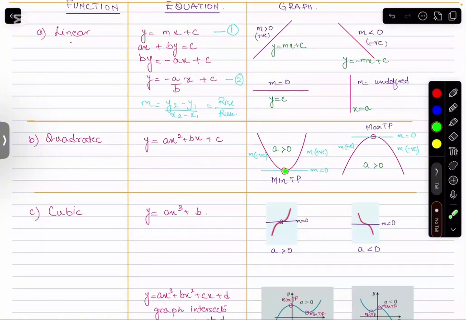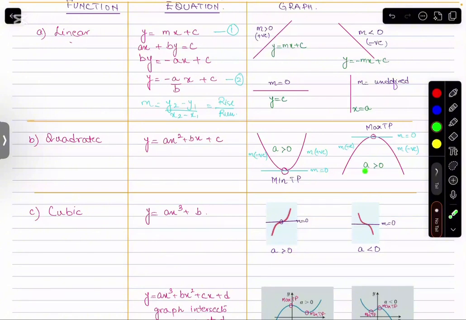And then again, after the minimum point, we can see that the curve is sloping up. It is going upward, it is an increasing function. Therefore the gradient needs to be positive. This means that on this side, wherever I make a tangent, the gradient will be negative. If I make a tangent here, the gradient is going to be 0 at the stationary point, and after that, at any point on this curve, if I make a tangent, its gradient will be positive.